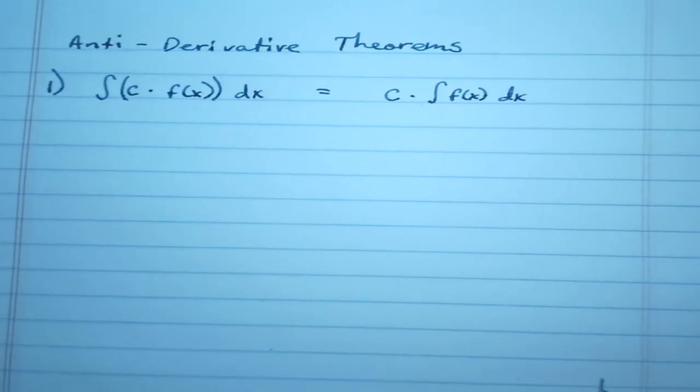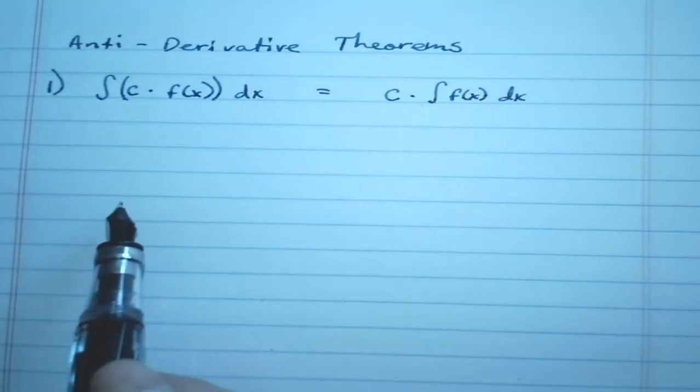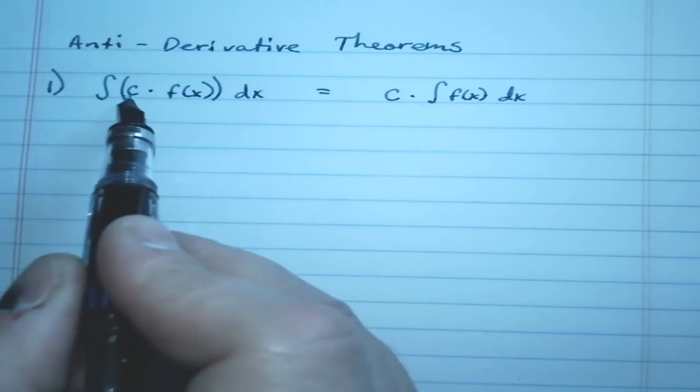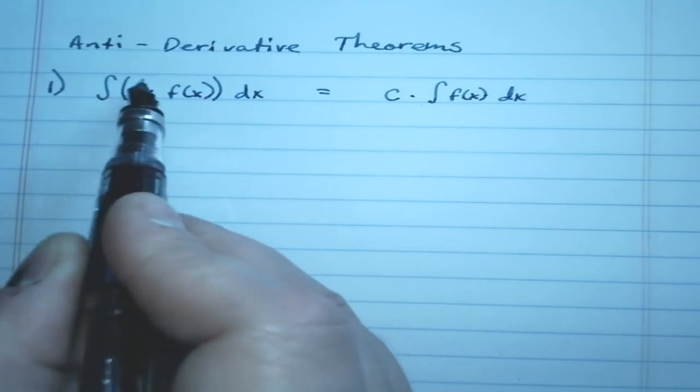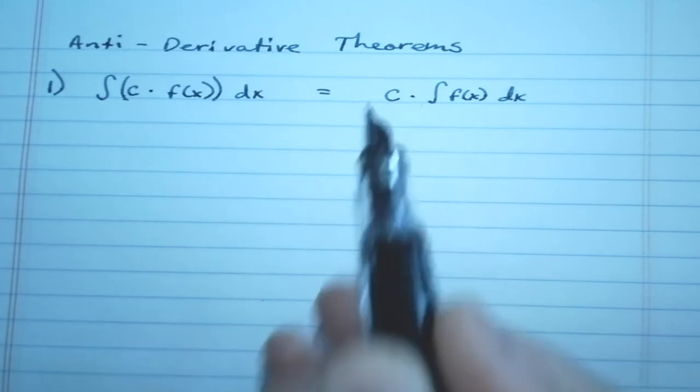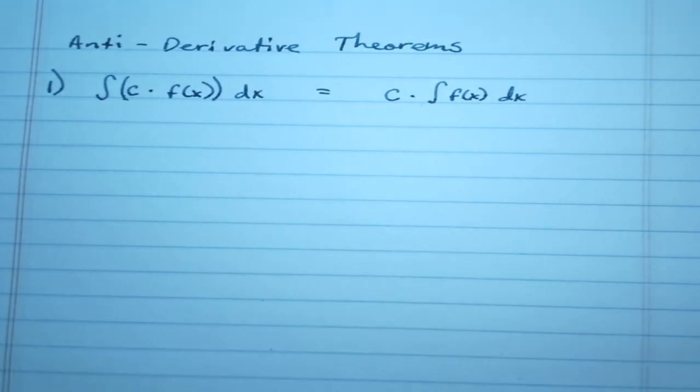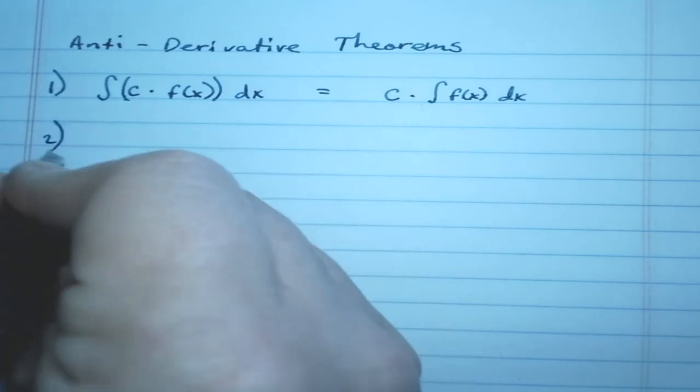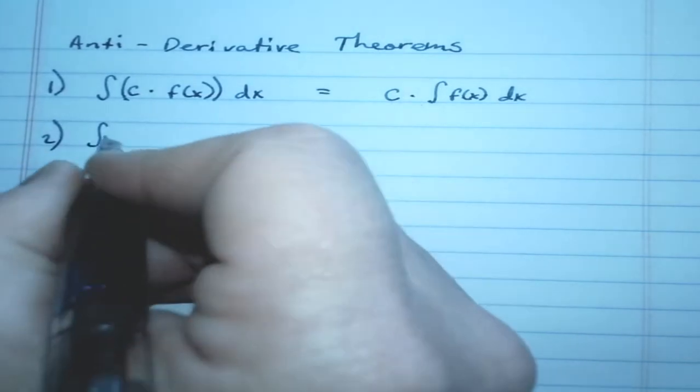And if you remember, there's a theorem exactly like this for derivatives, which said if you've got the derivative of a constant times a function, that constant could come outside of that derivative operation and be ignored. Go straight to your final answer. And we're saying that same holds true for antiderivatives. Cool. Okay? And then our second theorem is the integral of